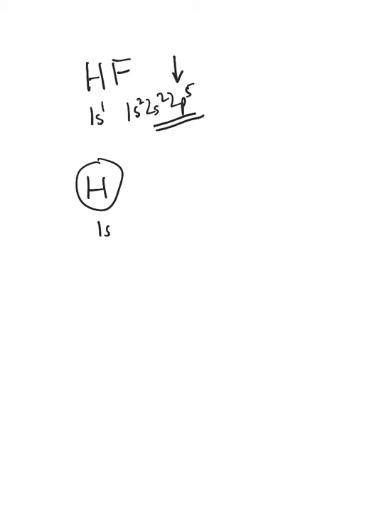Let's look at another example. Let's look at hydrogen fluoride. Hydrogen's 1s1. The fluorine comes from 1s2, 2s2, 2p5 as its ground state electronic configuration. So we've got those 7 valence electrons, and we're going to be interested in looking at the 2p electrons. So here's my hydrogen with his 1s orbital. Here's my fluorine. He's got this trio